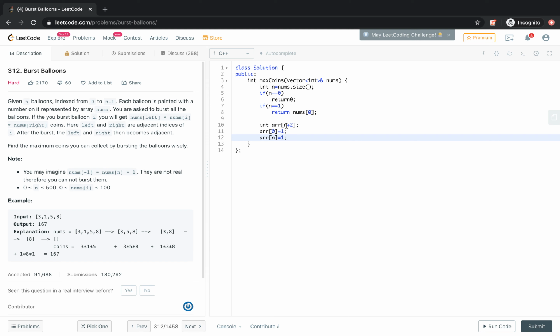The size of this is n plus 2, so the last element will be the n plus 1th element. So we have made the boundary values 1.